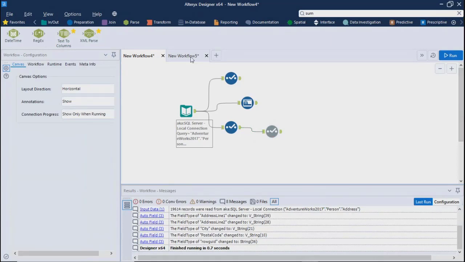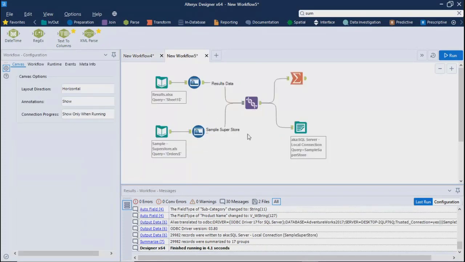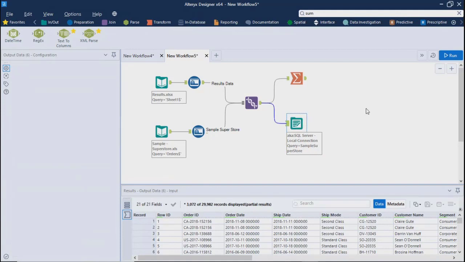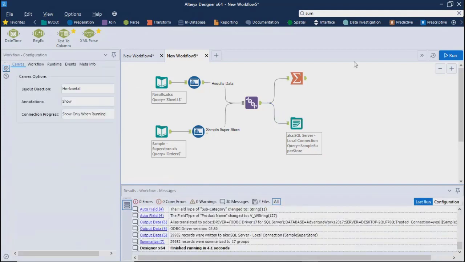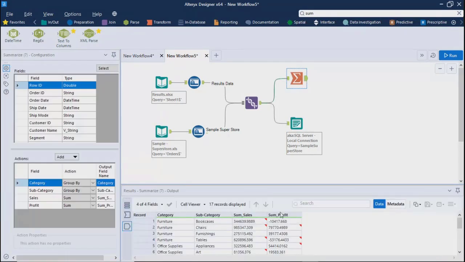Over here, we saw one kind of use case wherein we did the union, we summarized the data, and we got this. Now, let me do one more thing, and then I have a problem statement for you. Whatever results I'm getting over here, I'll store into the database. What should I do for that? We need to use the output tool.